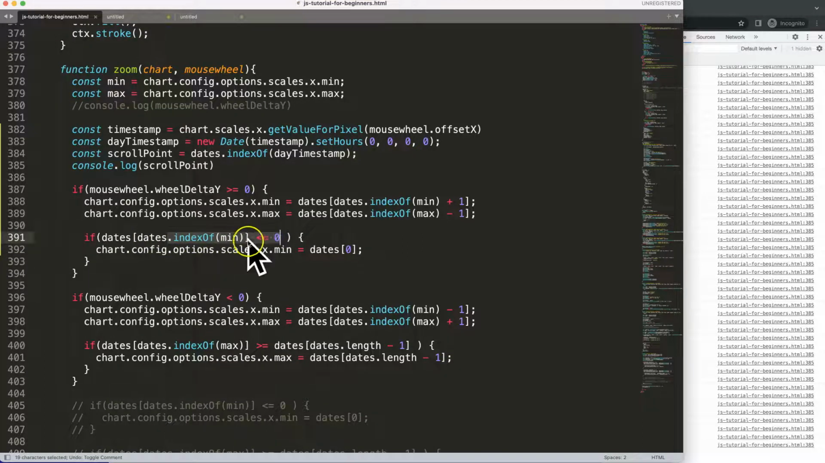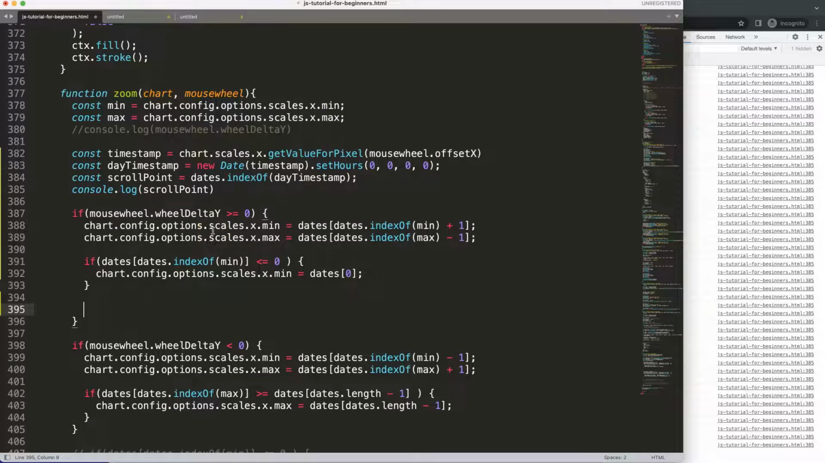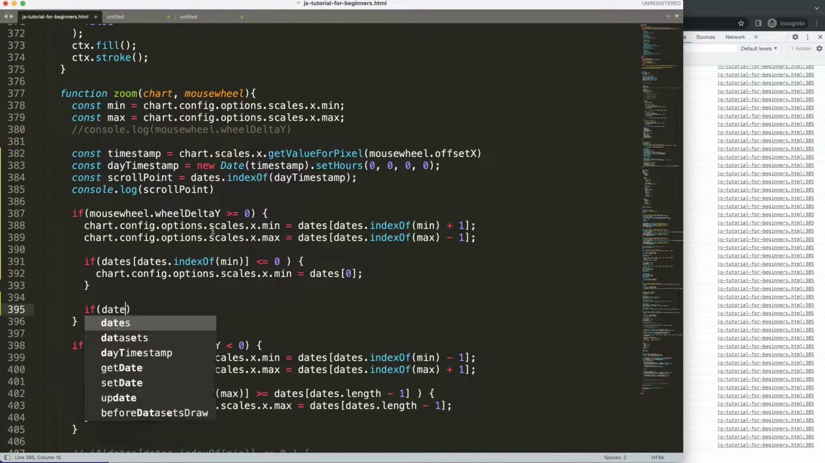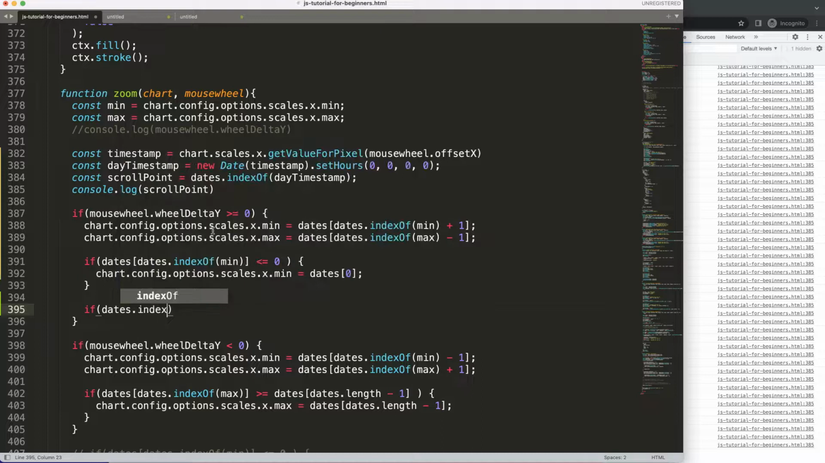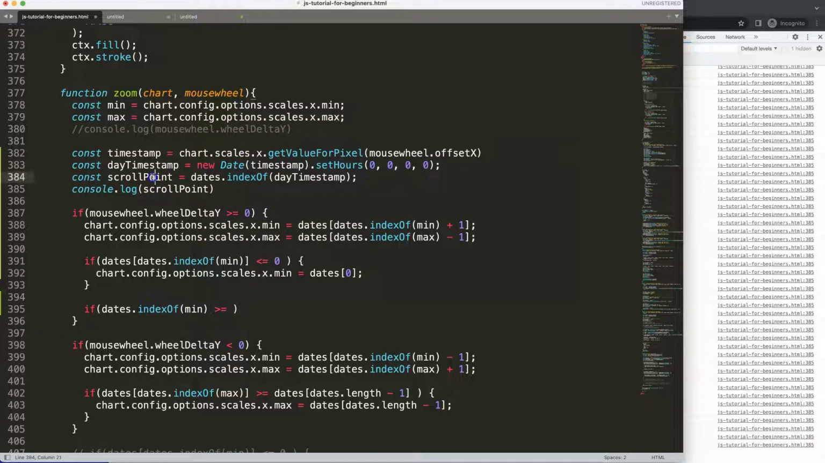And the reason why, if it's negative or going below 0, we shouldn't even touch that one. But what I want to do here is the following. I'm going to say if, and then I'm going to grab the dates dot index of, and I'm going to grab the min, which is the index of that one. And then if that is larger or equal to the scrolling point here,